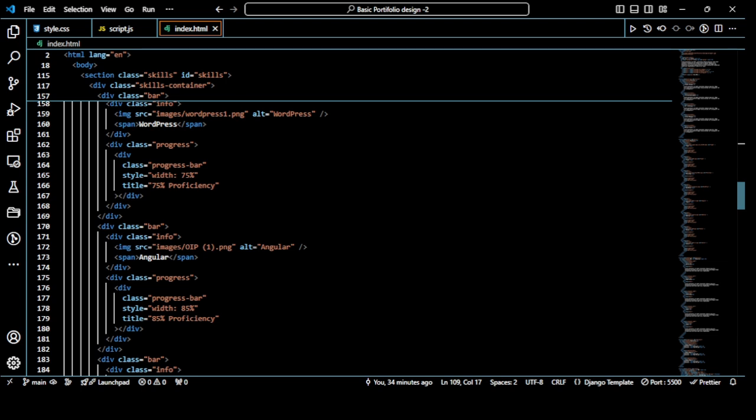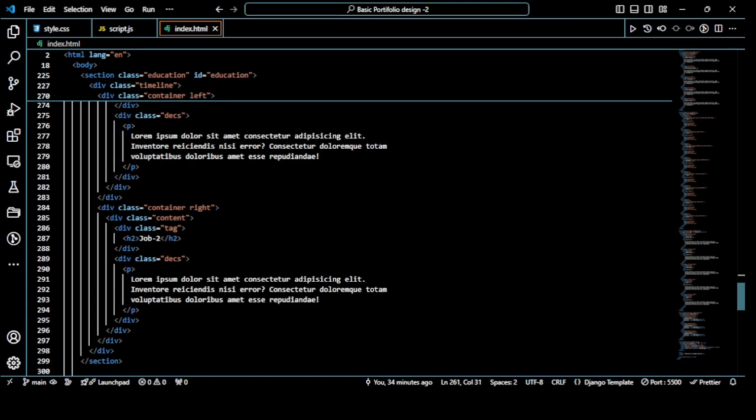Then for internship as left, right, and left, and similarly for your job, and then another job,